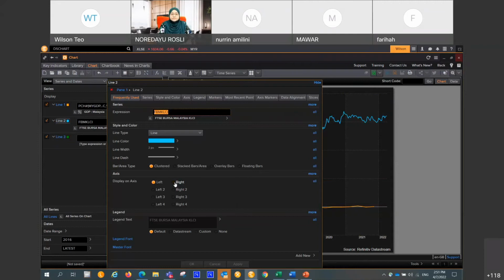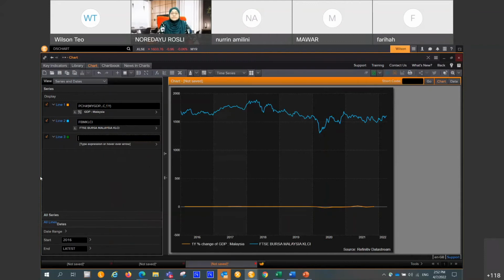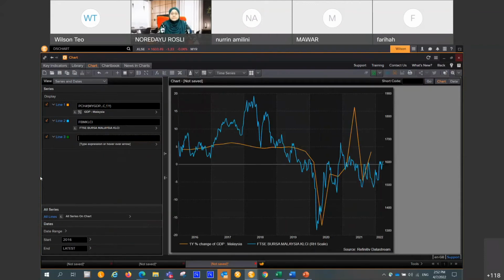Instead of sharing the same y-axis, which is different, KLCI is in absolute number, the GDP of Malaysia is in percentages. So I shift this KLCI time series to be making use of the right y-axis, and the GDP of Malaysia to be making use of the left y-axis. So there's no conflict. So I go to OK, and you can see that the orange line is in percentages. It gives me the Malaysia GDP. The right y-axis is in absolute number. It gives me the KLCI